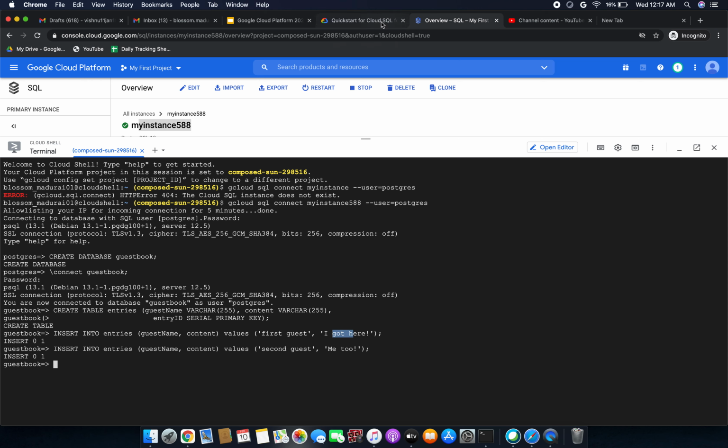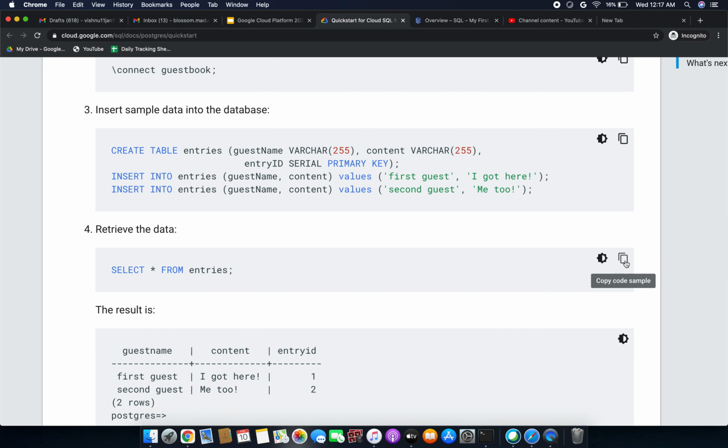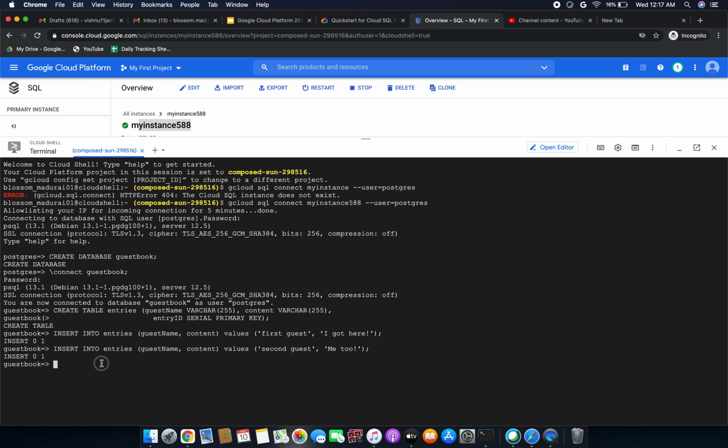Finally we are going to retrieve the data. So you can see, select star from our table name. You can see the result now: guest name, content, and entry ID. First guest, I got here, and second guest, me too. So like that we can insert values into the tables.